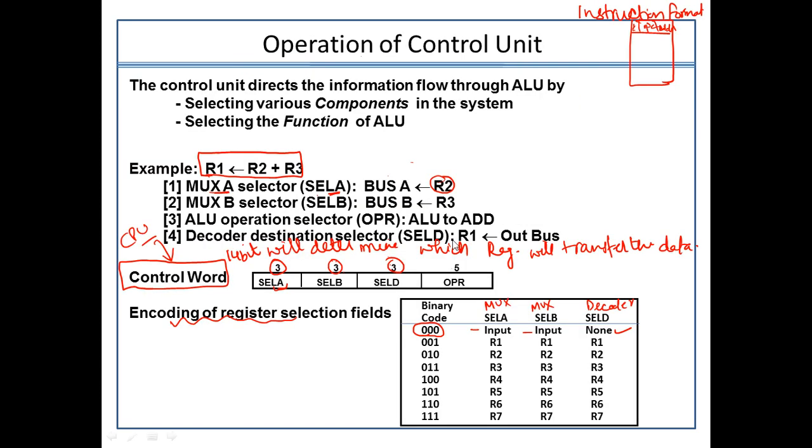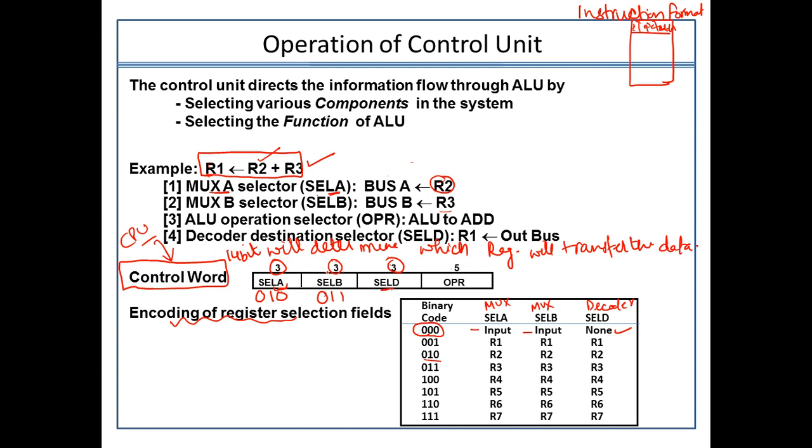So again, mux 2 will select mux B, select the line like this, so that it will take the data from R3. Similarly R3, R4. For everyone, the register value will remain the same. Now, in case I have to perform such an instruction, how will this happen? The selection line A will have the value of R2, which is nothing but 010, and selection line B has the value R3, which is nothing but 011.